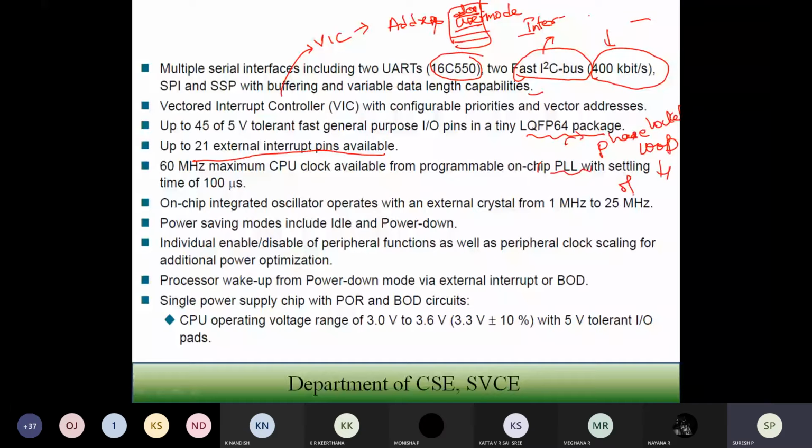So that means whenever you are changing the cycles, the processor has to come to one point, from one place to another place. So it will take around 100 microseconds, oscillating.